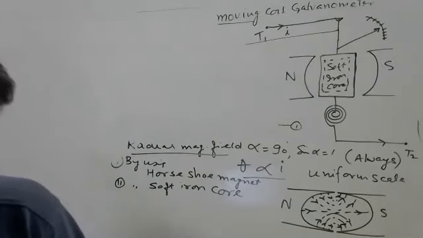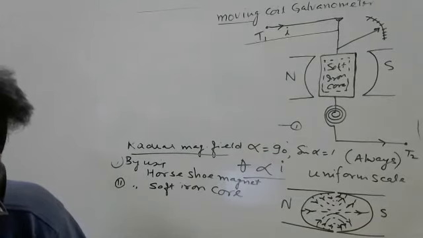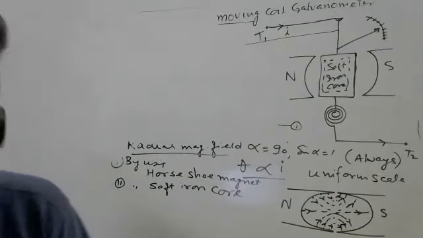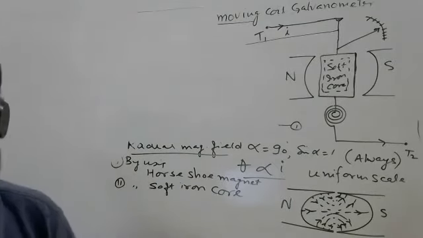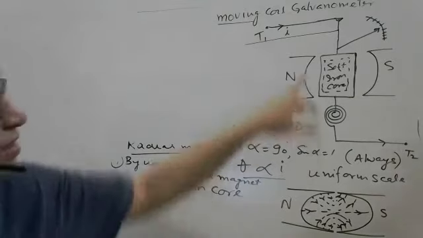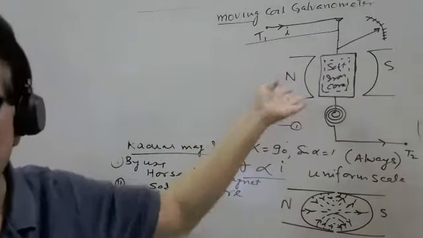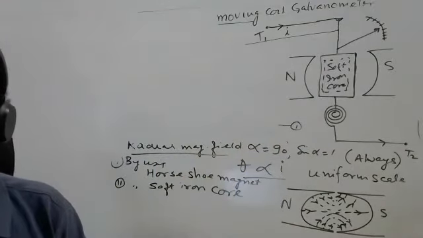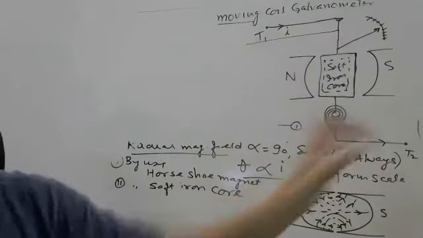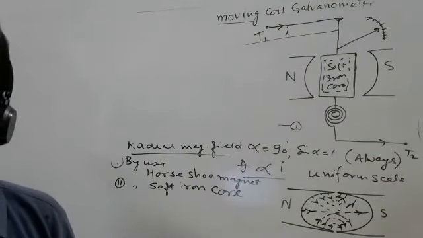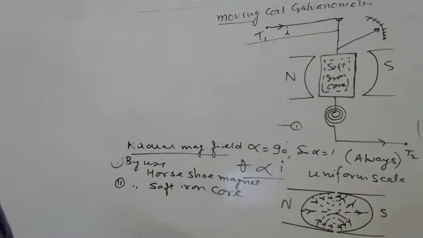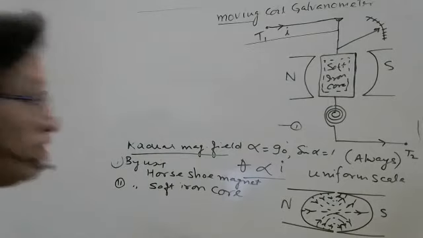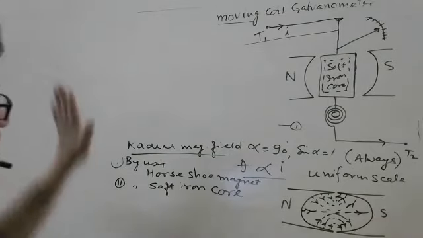Sir, is the phosphor bronze strip in our physics lab also? This galvanometer is there, it is the integral part. Definitely, 1000% true. In all galvanometers, it is the integral part. This and this must be there. Coil must be there. Magnet must be there. If there is a galvanometer, all these things must be there inside. You cannot see it because it is an integral part, inside part. But the galvanometer you can see. Definitely galvanometers are there. So many galvanometers are there in our school also. No problem.